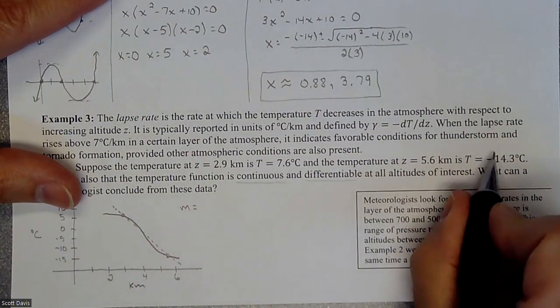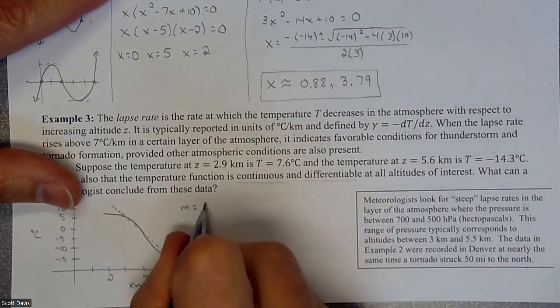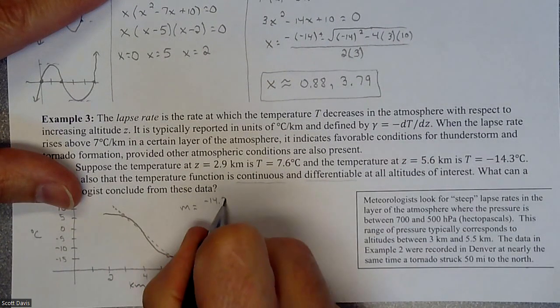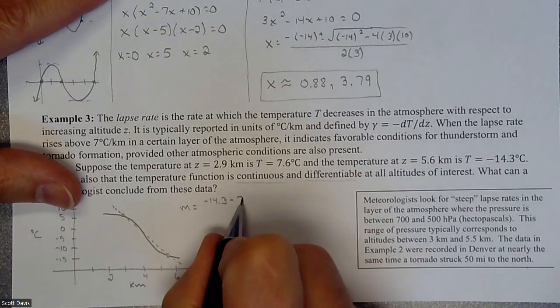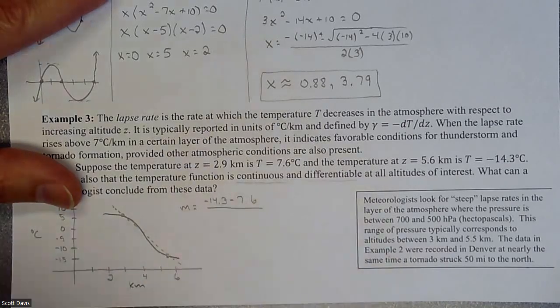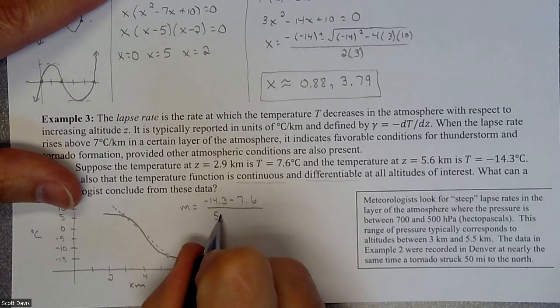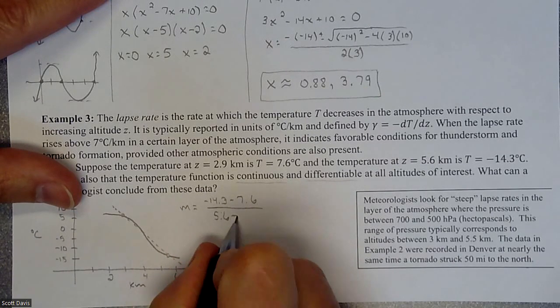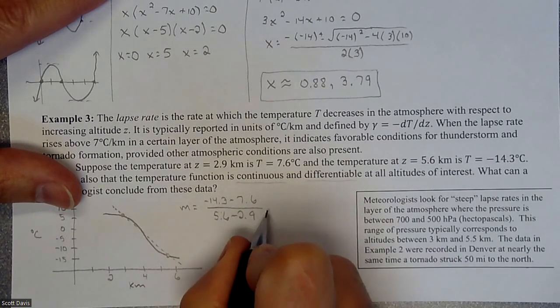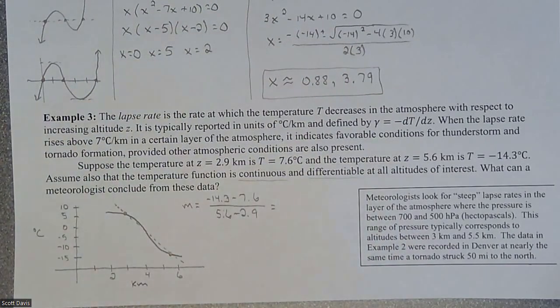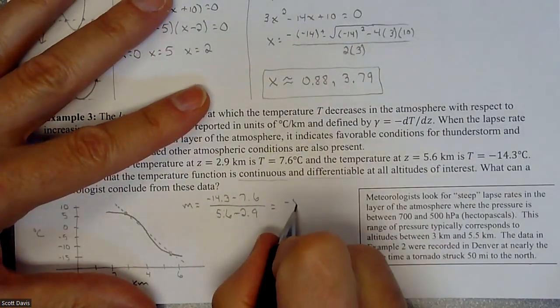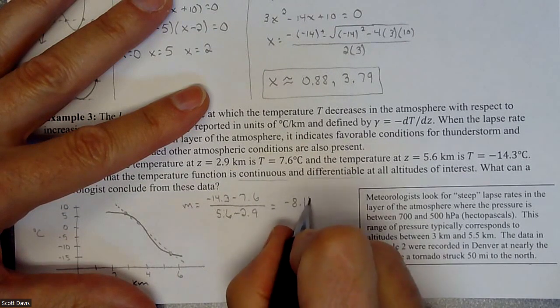And our slope is going to be basically this coordinate, so negative 14.3 minus 7.6 divided by 5.6 minus 2.9. And if I throw that into a calculator, that gives me a negative 8.1 degrees